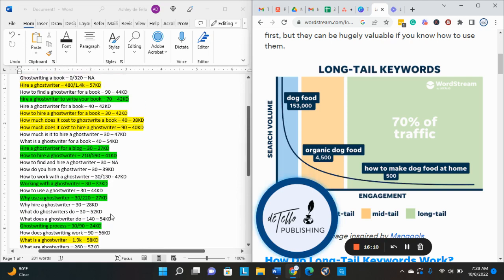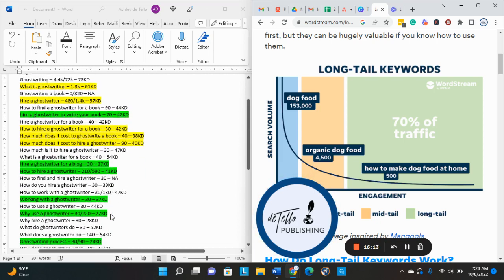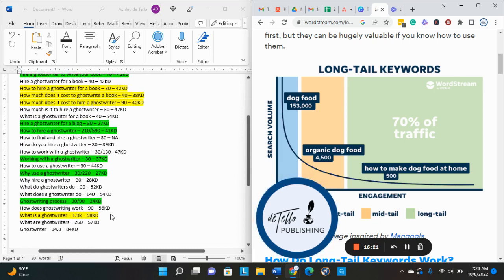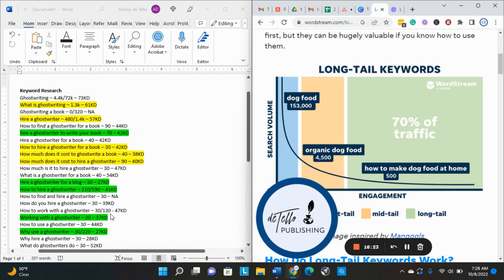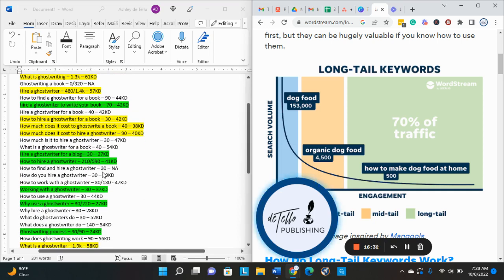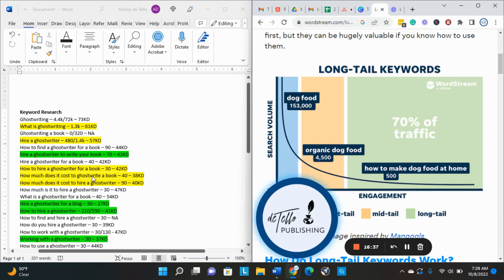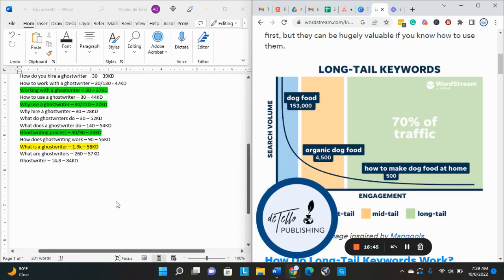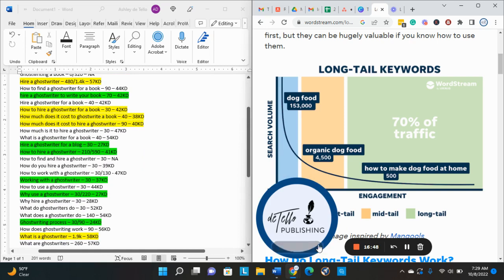And so now that I've gone through, I've highlighted the best ones in green. These are the ones that I want to really focus on. And then the secondary ones in yellow. Now what I'm going to do is go through and organize the outline of my article, aiming to use these green ones as section headers and the yellow ones within the copy as points that I'm going to hit, or just words that I'm going to use within the copy. I'll do that and show you really quick how that looks.